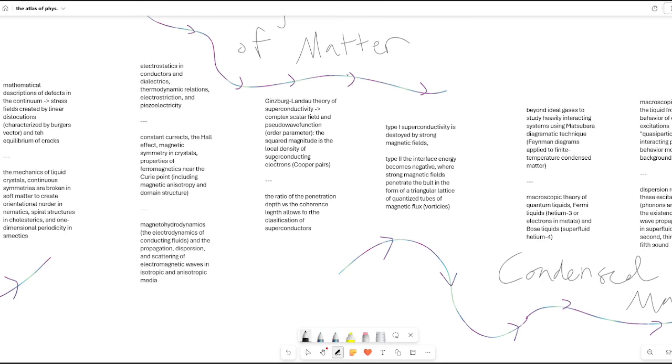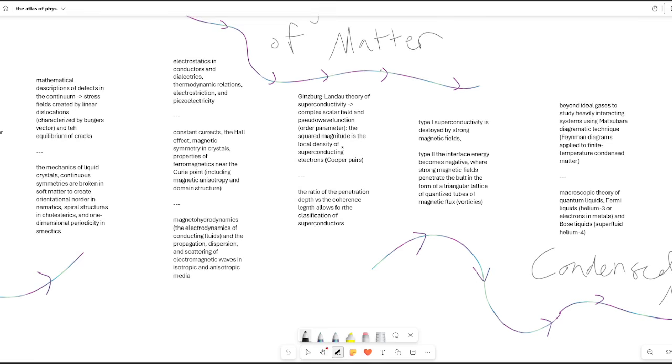Sorry, not quantum electrodynamics, but an application of statistical mechanics to the electronic response of